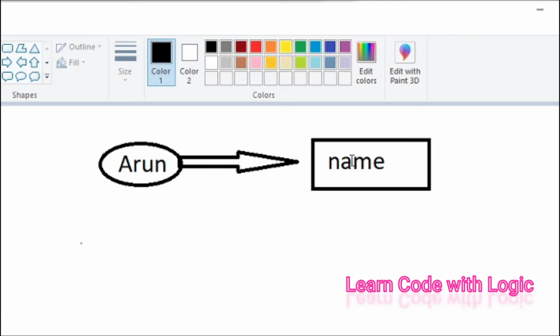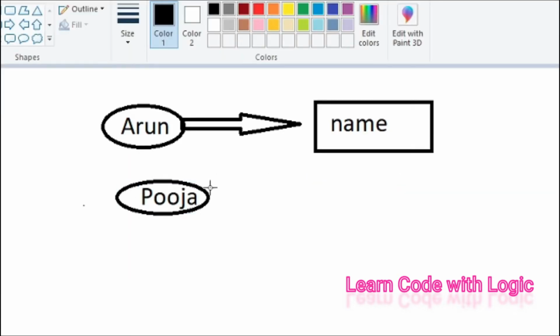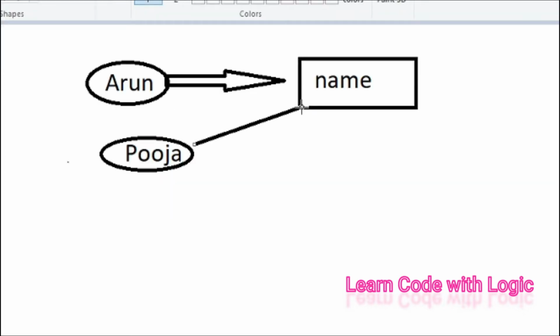Initially, when we create the object name, it refers to Arun. Later, when you try to change the value to Pooja, instead of changing the above object, String creates one more object. It's not going to change anything in the original. That's the meaning of immutability here.